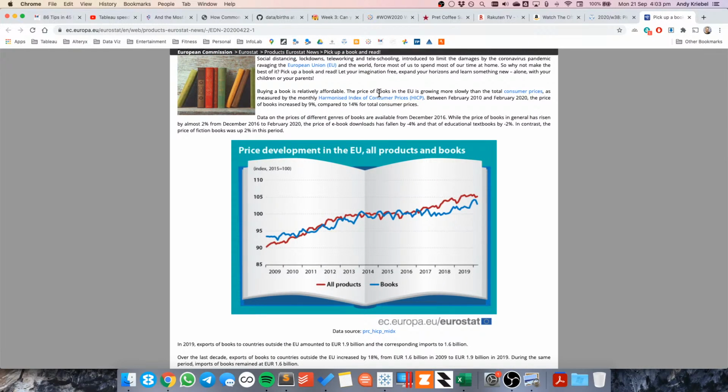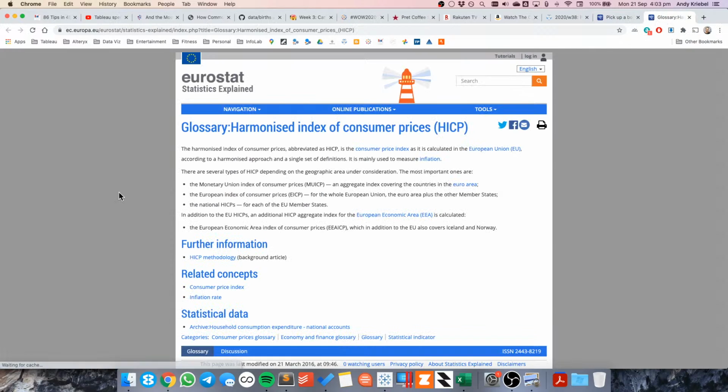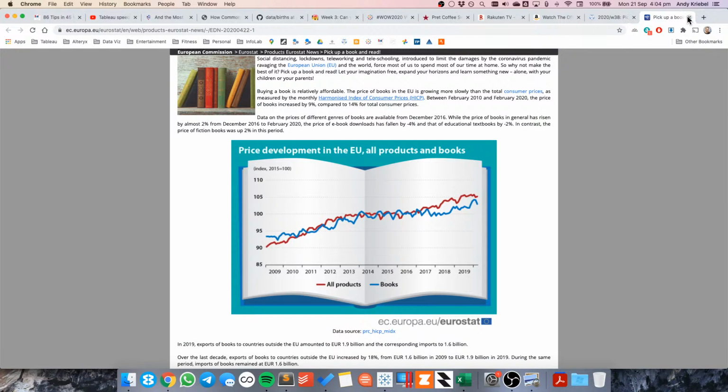So I'm going to go ahead and go to this HICP, Harmonized Index of Consumer Prices, and see what it says. So it's the consumer price index as calculated in the EU, and it's used to measure inflation. Okay, so that's not very interesting, so I'm just going to go ahead and close that. So let's go back to